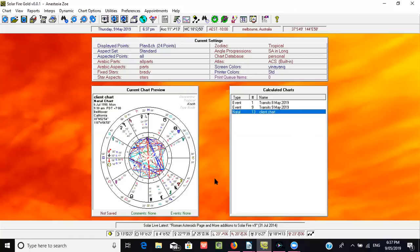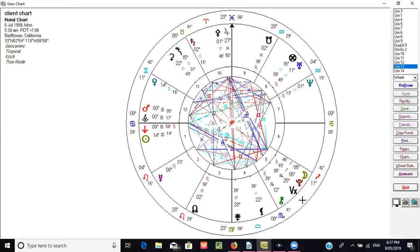Just wanting to give you guys a little tip on something that could be useful, especially if you're working with Yods, relationship astrology, Synastry. So this is a chart of a real person. I've just called the person client because naturally I want to keep confidentiality. So this is such a spectacular chart in so many different ways, but what I'm going to point to today,